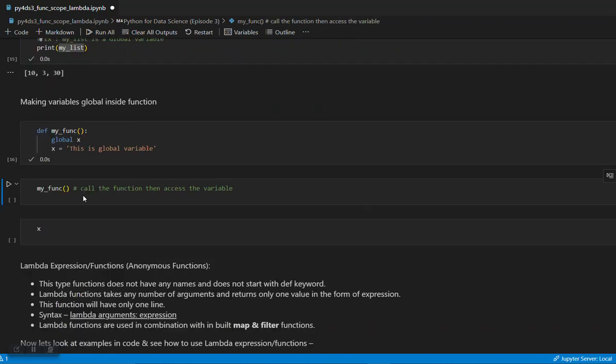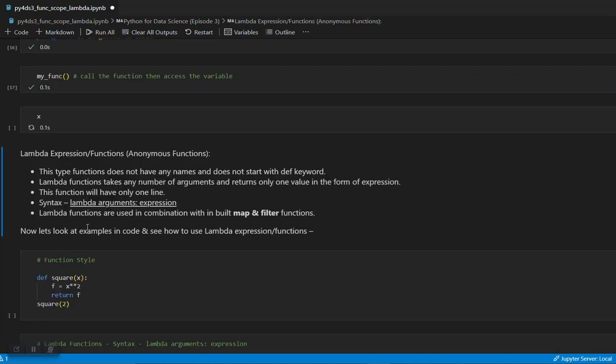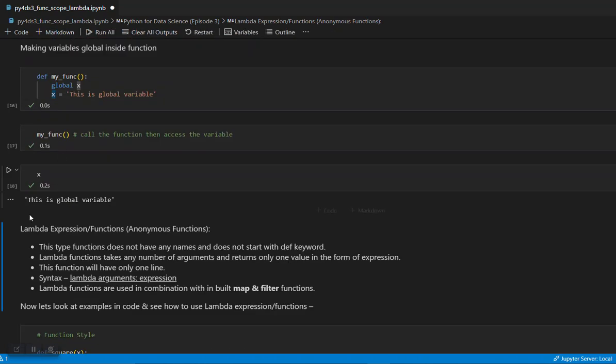Before accessing that global variable x, you have to first call that function. So I am calling my function, and then accessing this x variable. It gives you the exact value which was defined inside the function, because I have changed the scope of this variable to a global scope instead of a local scope.